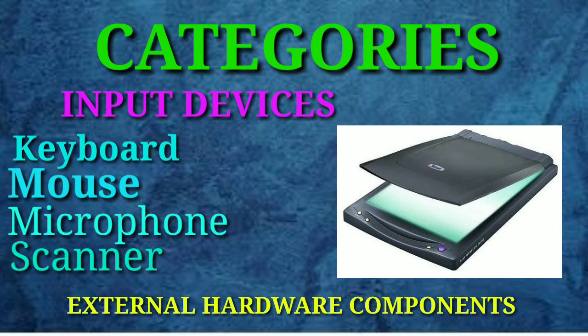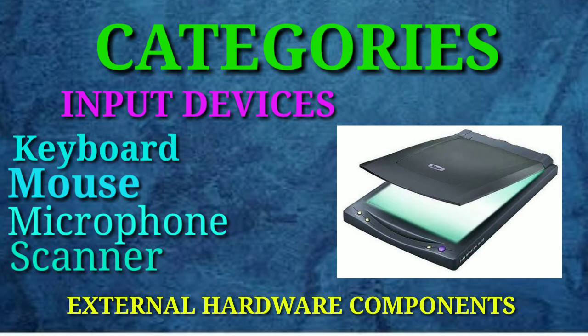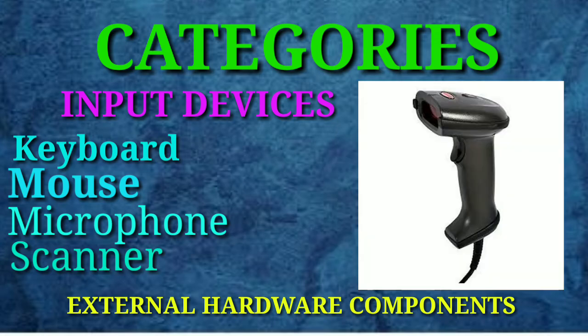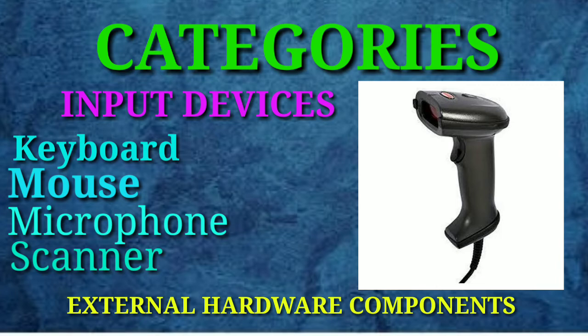Scanners allow users to input documents into a computer either as an image or as text. Most scanners have flat surfaces on which the user places documents. However, some scanners feed documents one page at a time. Most scanners utilize the USB interface. So a scanner is an input device that allows users to input documents as an image or text. There are two types of scanner: one is a flatbed scanner and the other is a handheld scanner.